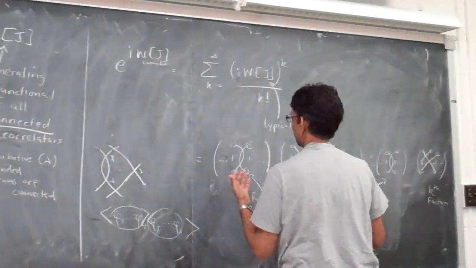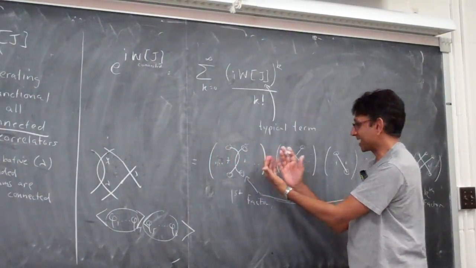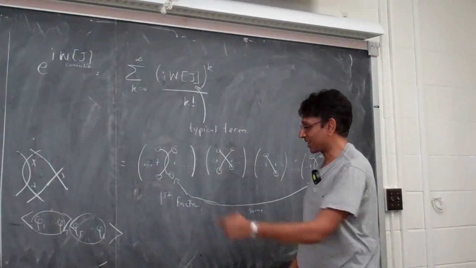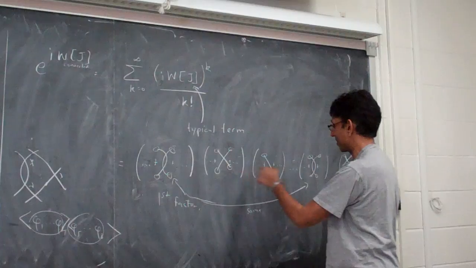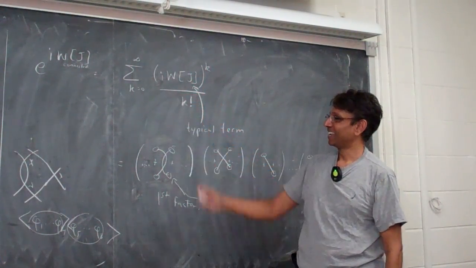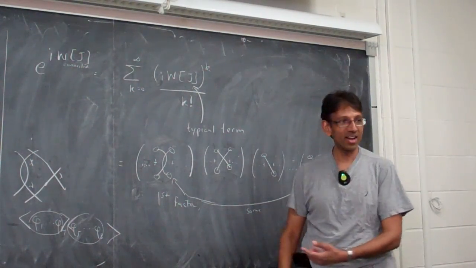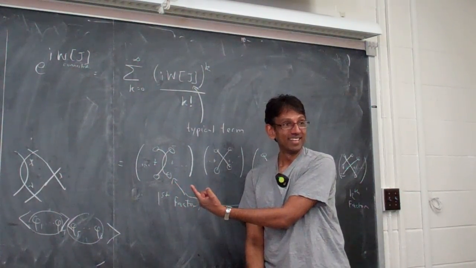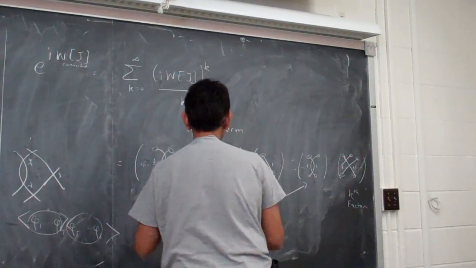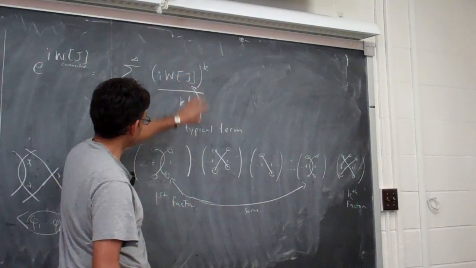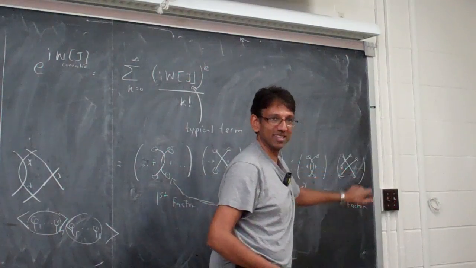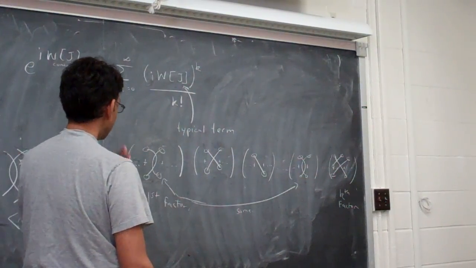So, of course, there's a gazillion terms in this factor. There's a gazillion terms in this factor and here and here. And so if I have to write this whole thing out, I have to take like one diagram from here, one from here, one from here, one from here, one from here, and that's one contribution to that. So that's why I've explicitly drawn one. Okay, just to show you what's about to happen. So if we just take this one contribution to W to the K of this times this times this times this times this, okay, then